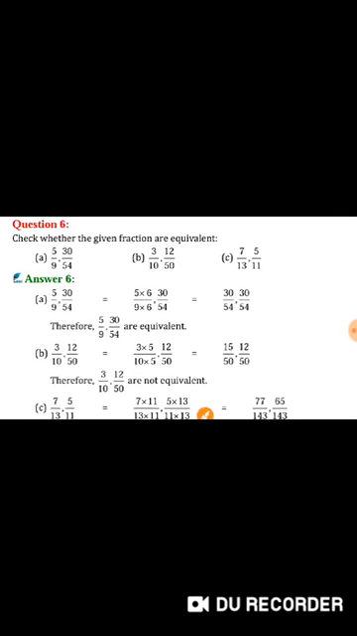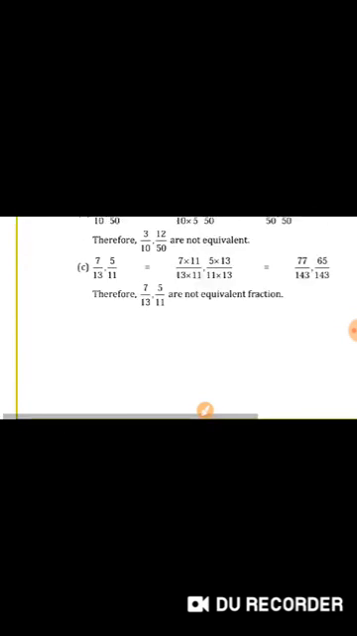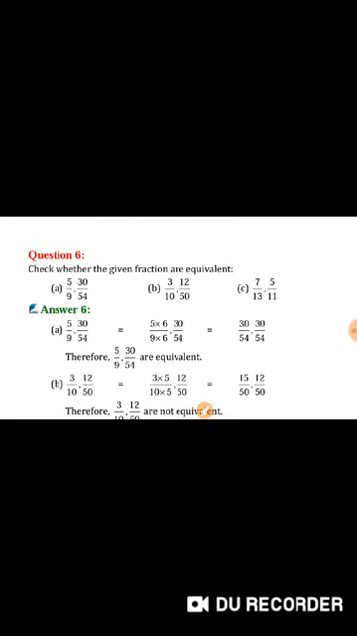So in the same way, the 6th one: check whether the given fractions are equivalent. So by simplifying, we can check whether both pairs are equivalent or not. So here 5 by 9 is already simplified. 30 by 54 we have to check. In this 6 is a common factor. So 6 5s are 30, 6 9s are 54, isn't it? So same, it is an equivalent fraction. Then again